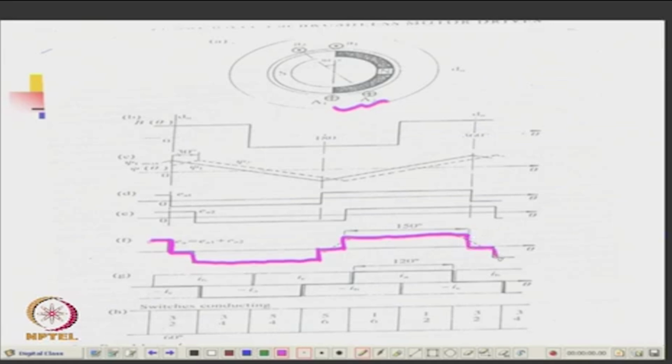Typically this will be net voltage induced, that is EA. That will be the sum of the voltage induced in each of the coils which are displaced by 30 degrees. So, voltage waveform is also like a rectangle displaced by 30 degrees. Okay. This is 30 degrees,